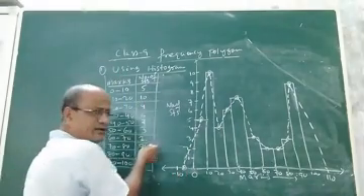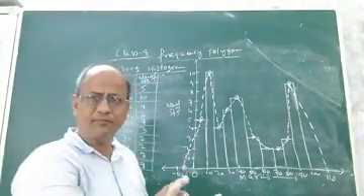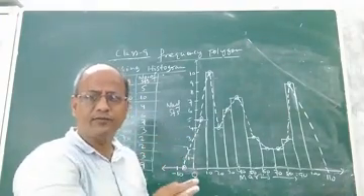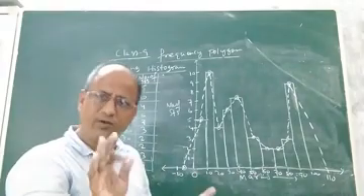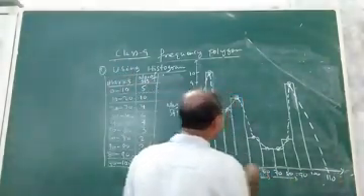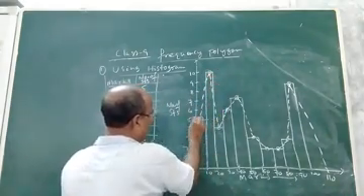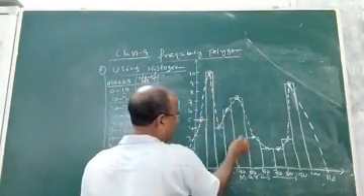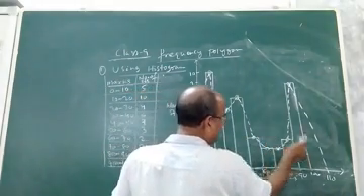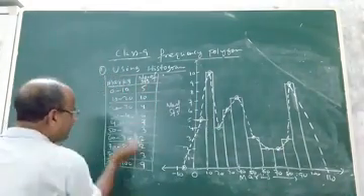And you are given the frequencies, so you know how to construct the histogram of this continuous frequency distribution having uniform width. So first you construct the histogram. Suppose this is my histogram. Look at the bars, these bars are rectangles. 1, 2, 3, 4, 5, 6, 7, 8, 9 and 10. There are 10 bars because there are 10 class intervals and 10 frequencies.